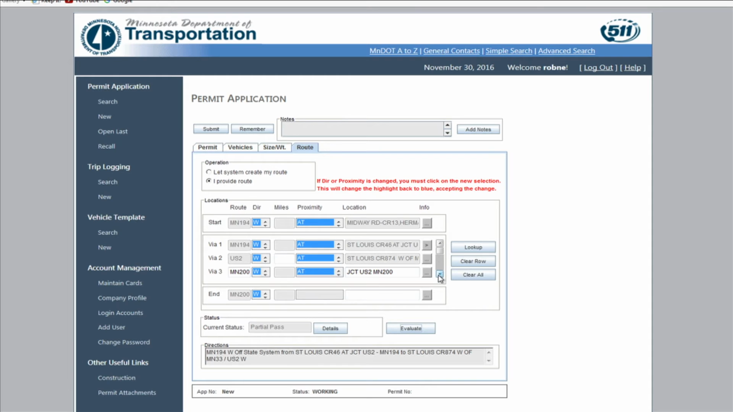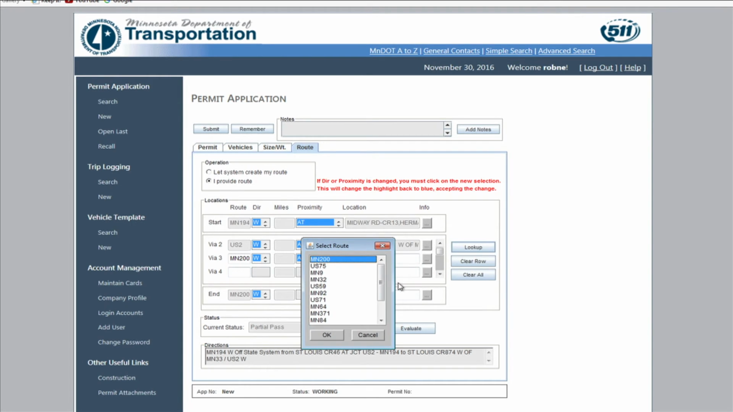Click the down arrow one time to add one row. We do this because the system requires a previous via be visible. Next, let's enter our next state highway. Click in the Via 4 route box and click Lookup. Next, select Minnesota 371